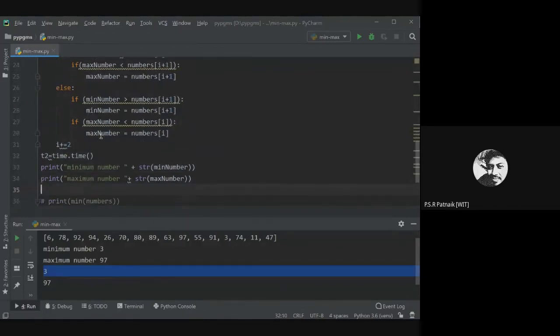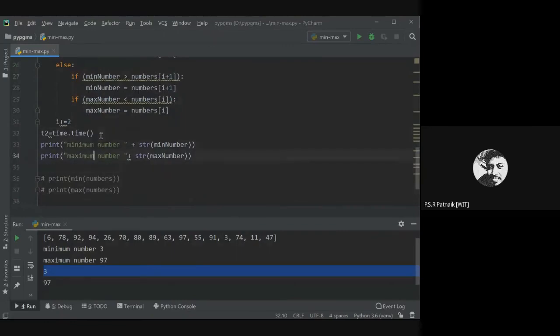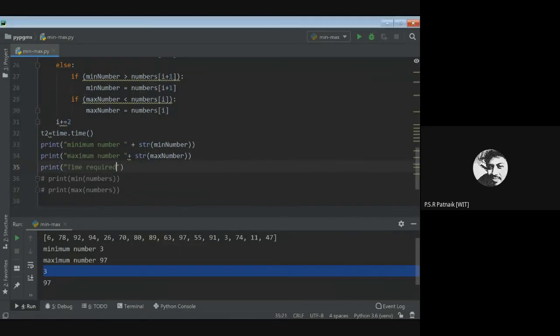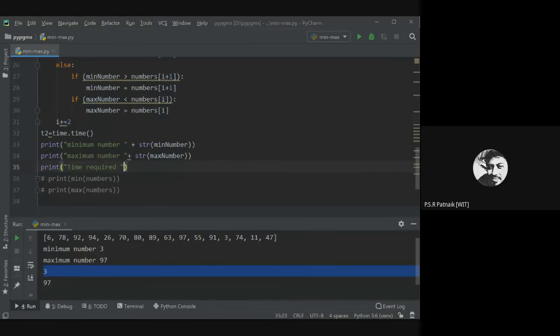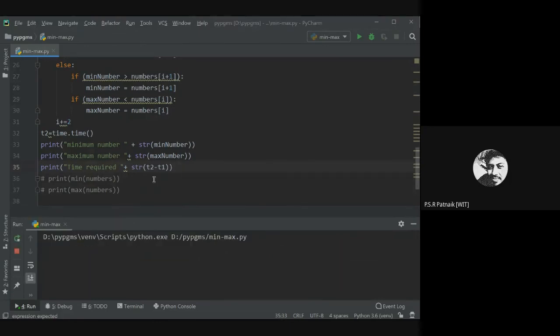Once it is done, if I want to print the time required, I print "time required", give a space, and in terms of str, I do T2 minus T1.